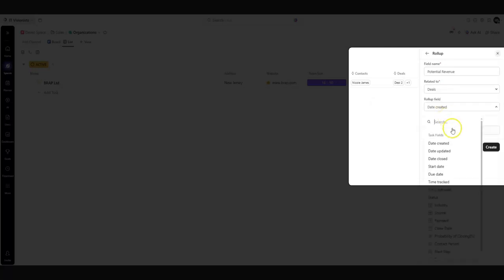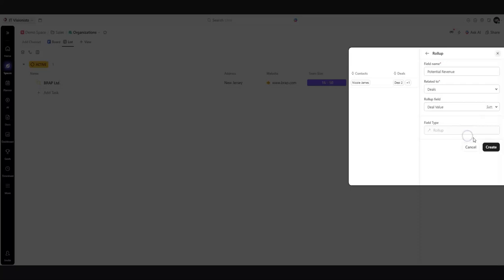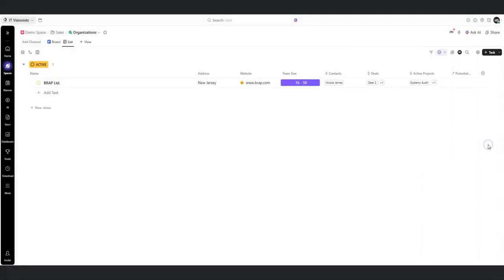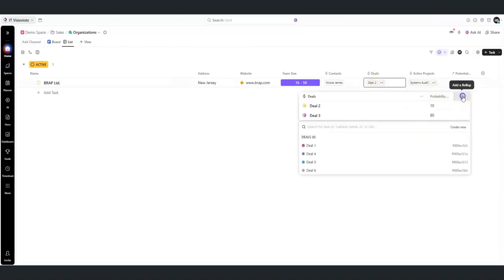Now in the rollup field, I will choose deal value, which is a custom field inside the deals list. And now here I can calculate the sum, average, or range. I am choosing sum because I have to see the total revenue coming in. Now I refresh it and you'll see that the potential value will be updated with all of the deals data. And in the deals relationship field, we can also start to show the deal value so that you can see a breakdown. And you can see that deal 2 has